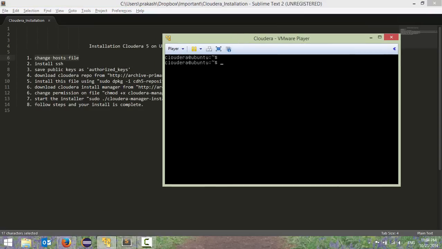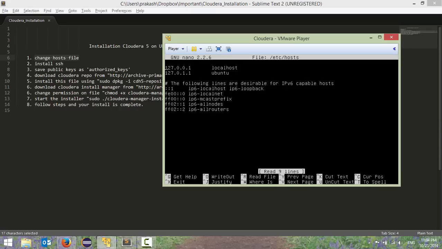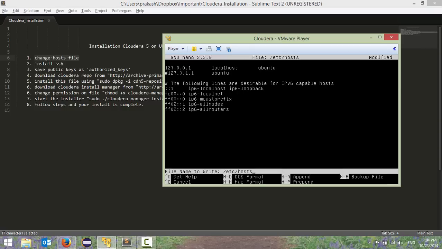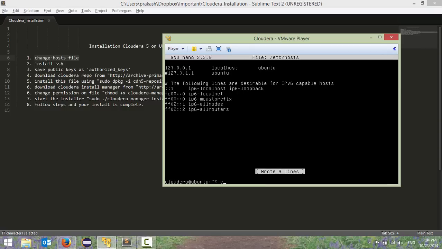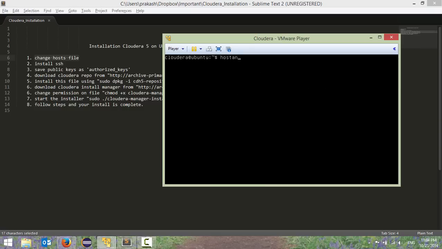For that, use your favorite editor and go to /etc/hosts. There are two IP addresses here. Comment the one with 1.1 and add the hostname Ubuntu next to 0.1. Once it's done,